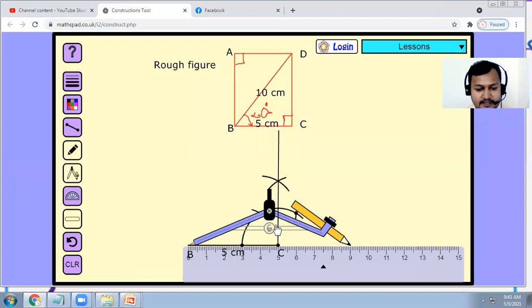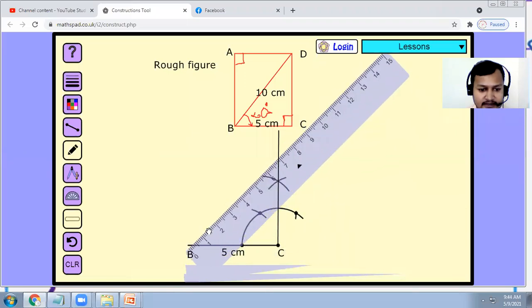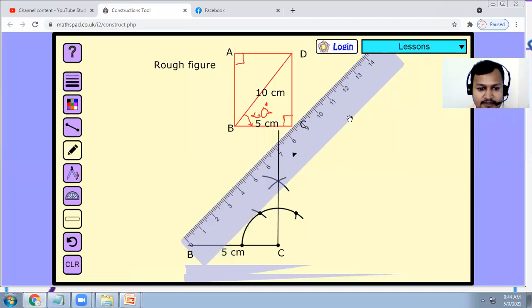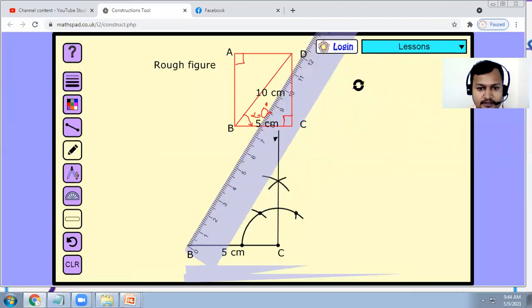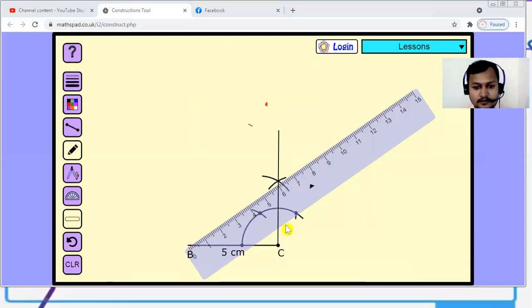Okay, so let us rotate scale only for drawing now in our screen. Let us rotate the scale itself for 10 centimeter. This one is shorter. Let me erase this upper portion. Okay, so produce this one a bit more longer. We have to make it longer because the 10 centimeter is reaching further up.